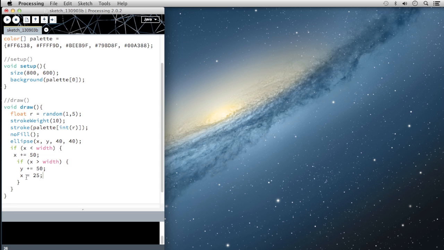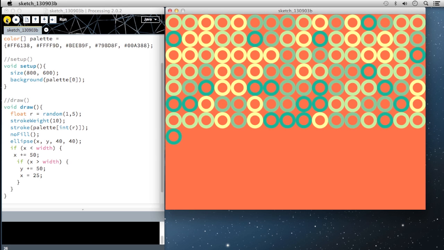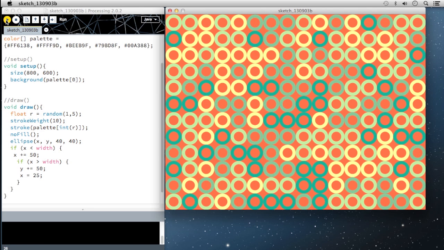Okay, so now if we press run on this, what we should see is ellipses filling the entire canvas, and they will be generated with random colors. Excellent, great. So here what we've done is we've written an if statement, and then we've embedded or nested another if statement inside of our if statement. So we're asking 2 questions at once. And we're using the looping of the draw function to take advantage of asking these questions each time we go